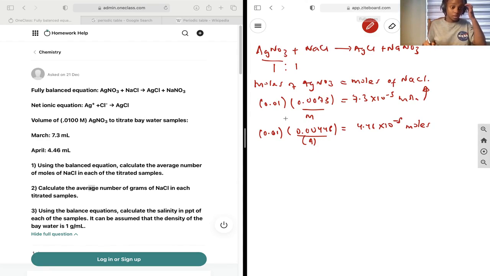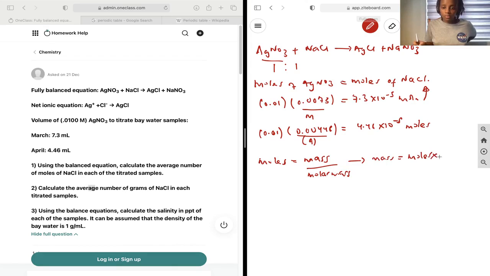We want to find the average number of grams of NaCl in each of the titrated samples. And so we know that moles is equal to mass over molar mass. So mass, of course, is equal to moles by the molar mass. Let's just put that down. So for the March sample,